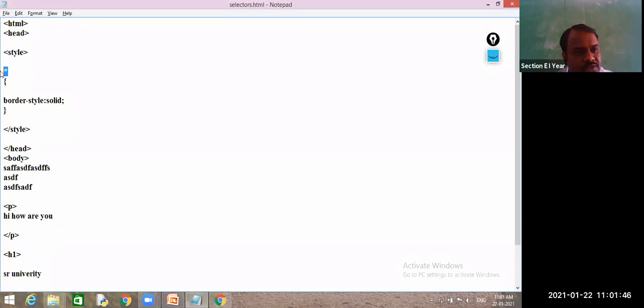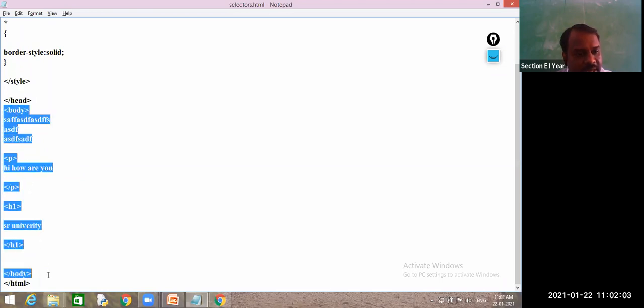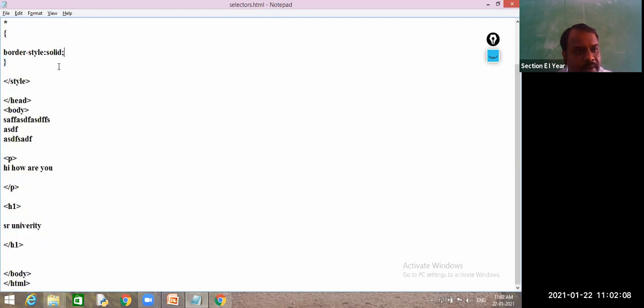But when you write the universal selector as star, this property will apply for every element in your HTML code. So here I have three elements: H1 element, paragraph element, and body element. For the entire body this property has applied, and for each individual element also this property will apply. So if you want to apply any property for every element, then you need to go for the universal selector.